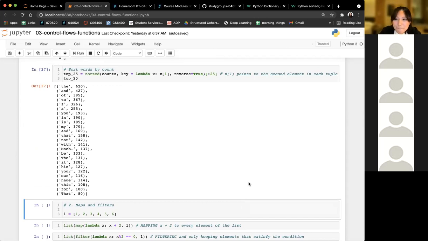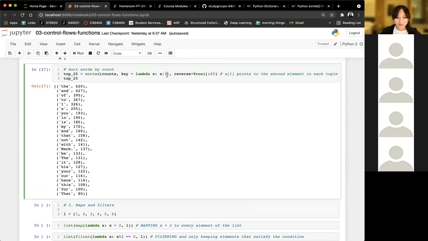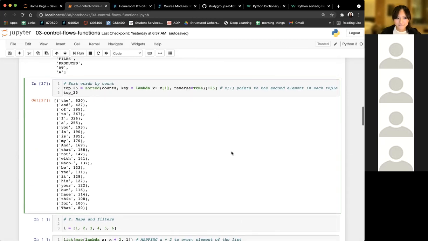I know you said that the 1 in the brackets next to the x is the index number. That's right. Can you explain that a little further? Yeah, absolutely. So each x points to a tuple, and it points to basically each element in the list. If I were to do x[0],